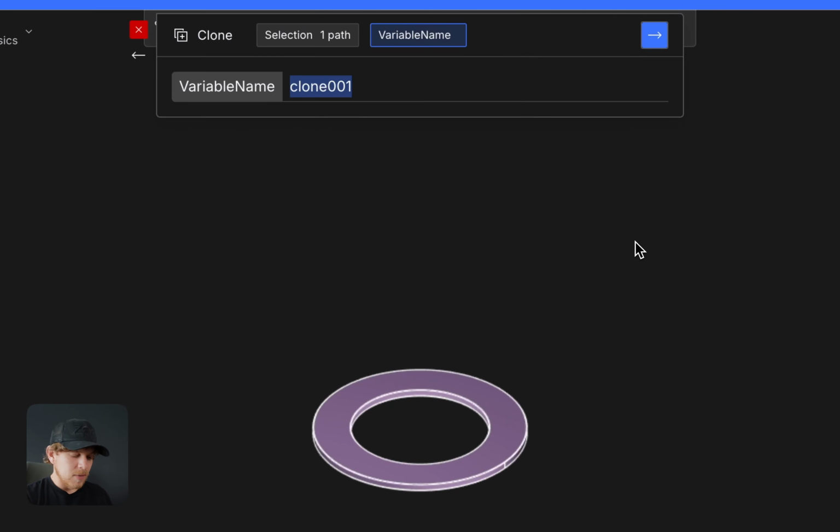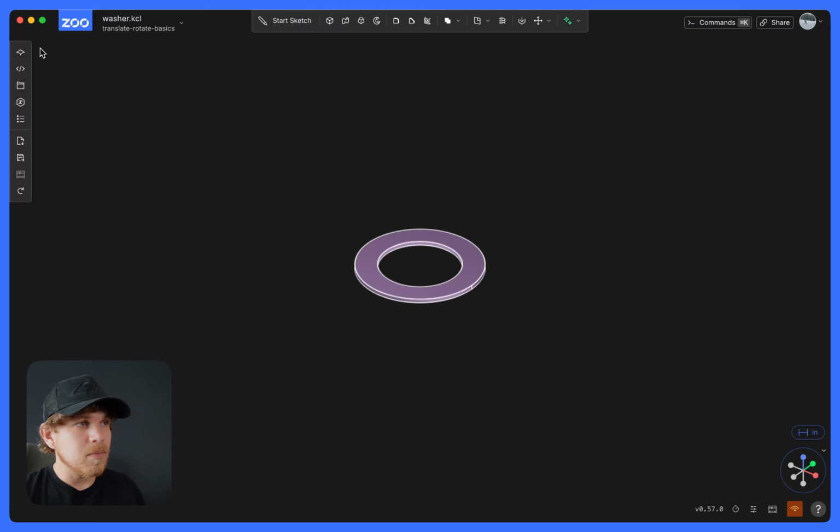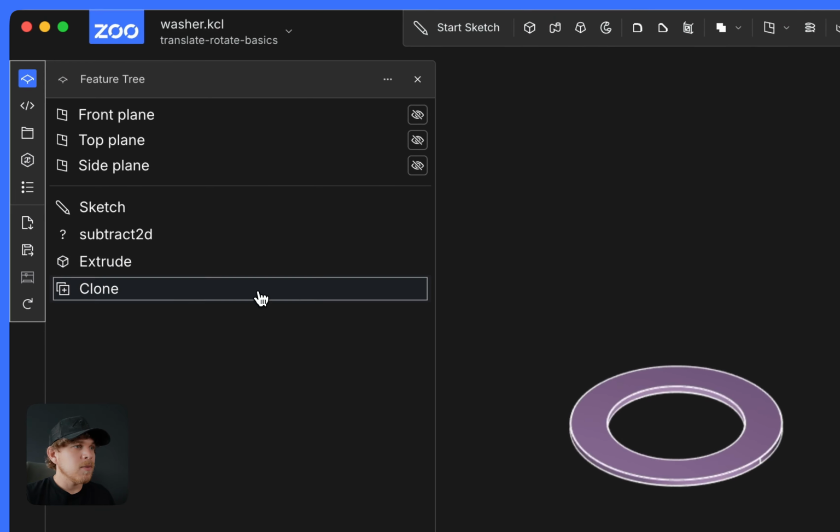continue, give it a name. For this one, I'll call it washer 002 and confirm. Now it looks like I didn't do anything, but if we go to the feature tree, I have my clone